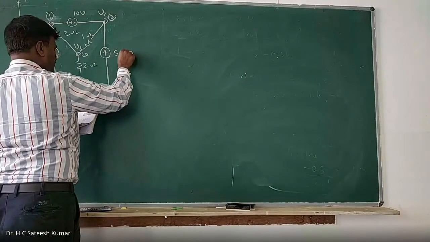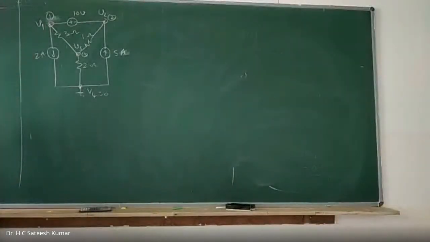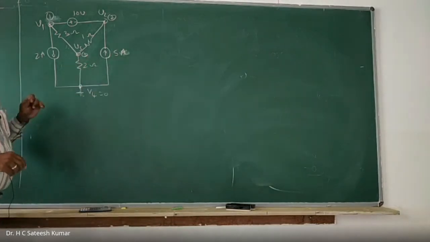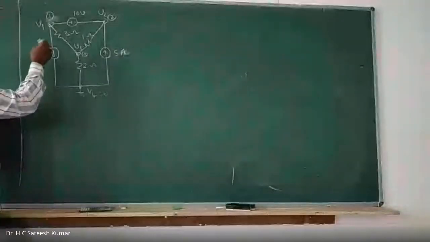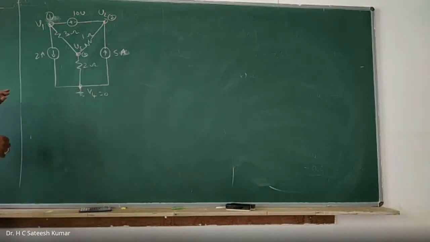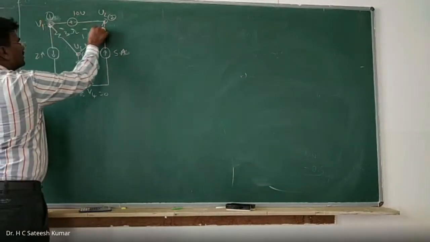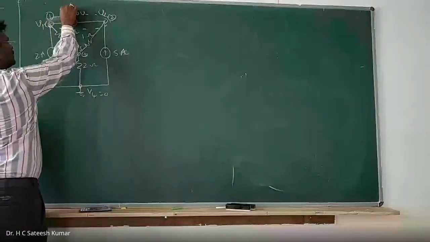The question is: find the power delivered by the 5 amp source. It is a mistake here in the notes also; the 5 amp source is there. What is the power delivered by it? First you find out the voltages and currents. Then you can easily do that. Power delivered by the 5 amp source. You can write VA, VB, VC, or V1, V2, V3, you find out. And here we have a super node. This is the super node.